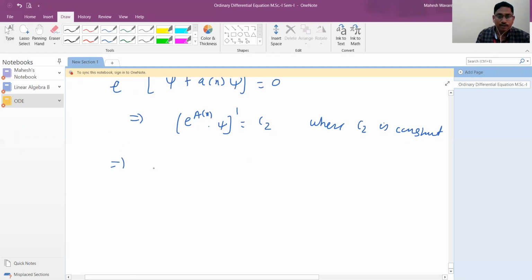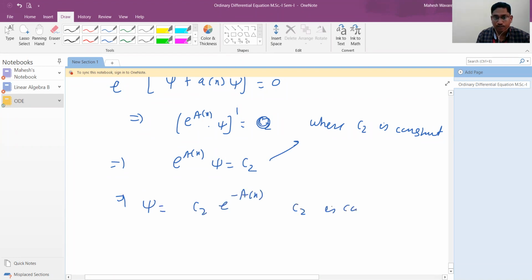So on integrating both sides, okay, this is before integration I have written. After integration, you get that constant, where this c2 is a constant. So what is psi? Psi is c2 e to the power minus A of x, where c2 is a constant. Now given condition,